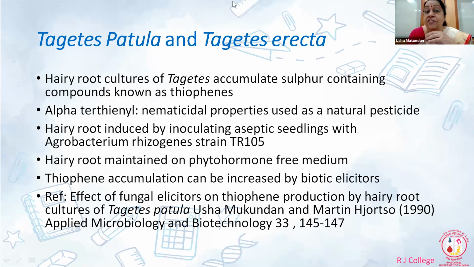See, the marigold flowers also provide a natural colorant. So this colorant, if you add it in the feed of chicken, the egg yolk will have a darker color as compared to what they have. But in addition to that, as I mentioned, it is a very important natural pesticide. So what we did was, or rather, my first postdoc work was on Tagetes patula, and you can see the reference which I've cited here.